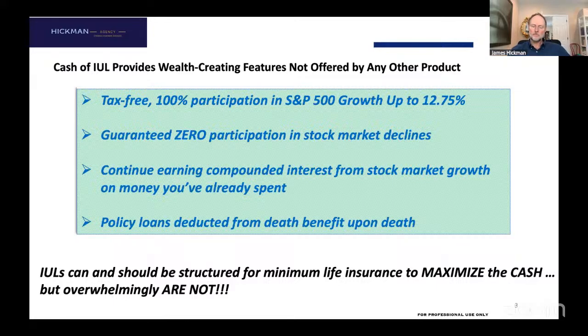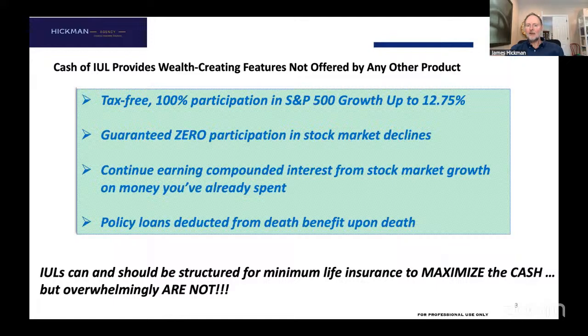That makes sense. But if I borrow the money from the insurance carrier, I'm not touching my cash. I'm getting the same amount of money out of the plan as if I had taken it out of my own cash, right? It's the same amount of money. But in the second case, I borrowed it from the carrier and I took their cash. I don't have to pay it back until I die, and it will be deducted from the death benefit. That's a 100% secured loan. So depending on the carrier, they're going to charge me 4, 5, maybe 5.5%.